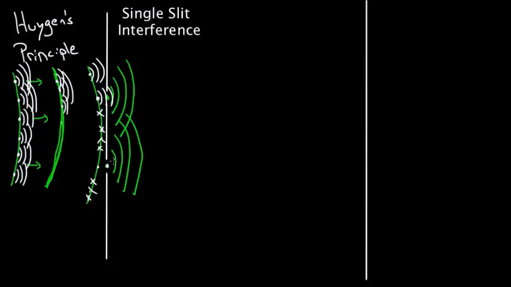Now that these are blocked, they're not going to get to interfere constructively and destructively with these points here. And so what do you see when it hits the hole? You just see this thing spreading out. So it was always diffracting, so to speak. We just didn't notice it because it always added up. When you've got a hole or a barrier, that's when we actually notice it. And this is the key to single slit interference,